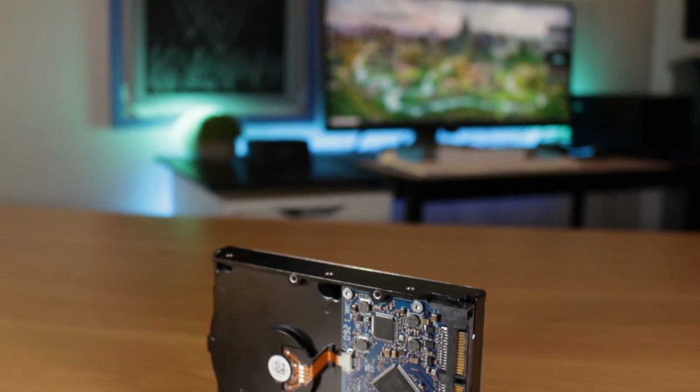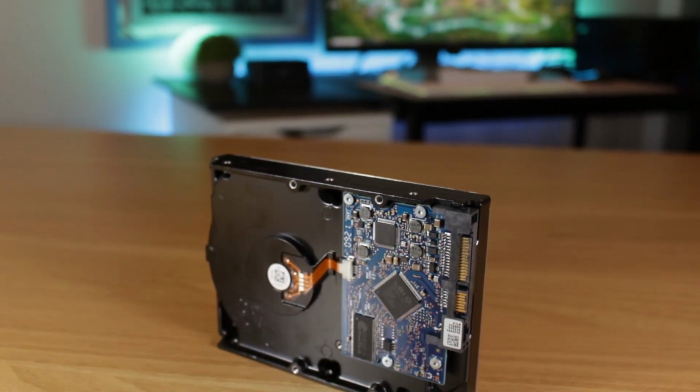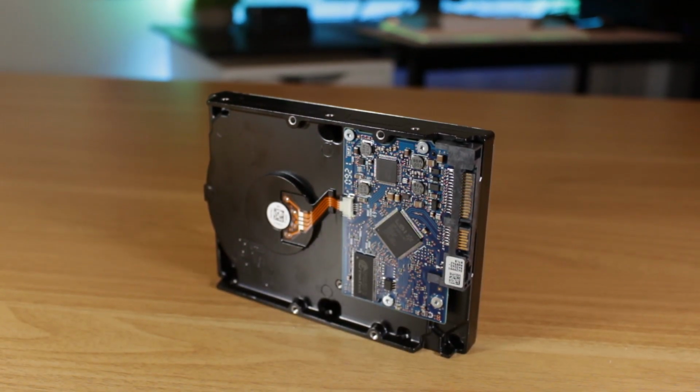All parts had to be bought online to take out the randomness of local deals. No pre-builts, no mail-in rebates, and no deals from our viewers were allowed. And finally, all the games and benchmarks had to fit on the hard drive or SSD that was included in the PC. With all the rules set, we had a little over 3 weeks to collect all of our parts